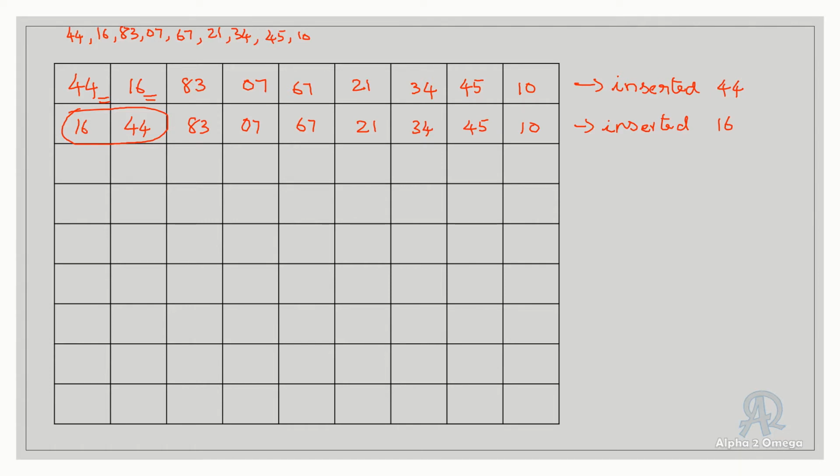So now 83 will be compared with 16. 83 will be compared with 44. Okay, in both of these, this is greater. So it will just maintain as it is. Okay, right? So it will be 16, 44, 83. So this is a fully sorted part now. Okay, in this pass these two were sorted. Now in this pass these three are sorted. Okay, so the remaining elements from here to here, we will write the same.